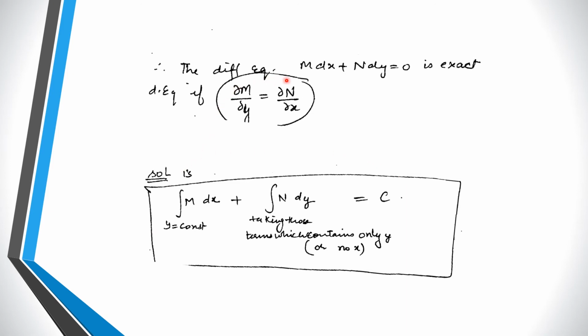So whenever you have a differential equation of the form M dx plus N dy equals 0, where M and N are functions of x and y, and if this equation is exact, meaning the partial derivative of M with respect to y, so here there is x, you have to take its partial derivative with respect to the other variable. So we find the partial derivative of M with respect to y and the partial derivative of N with respect to x. If these two things are equal, then the solution will be the integration of M with respect to x